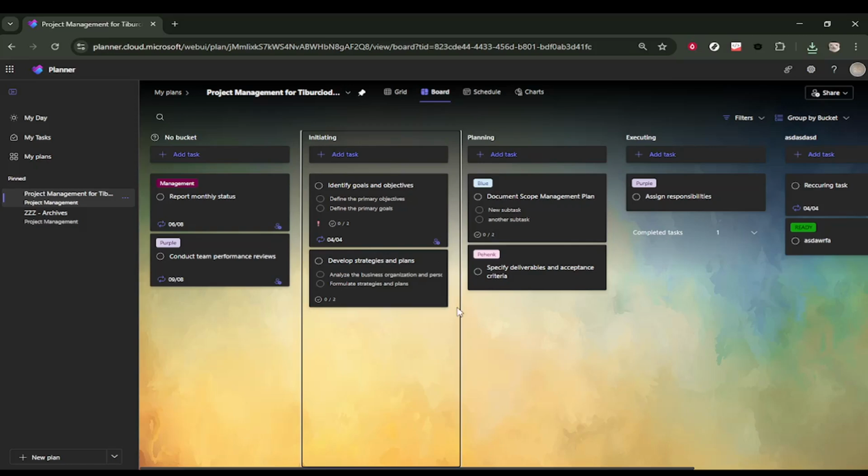In today's video, I'm going to teach you how to duplicate a Microsoft Planner plan. Duplicating a plan in Microsoft Planner is a great way to reuse the same structure, buckets, and task setup for a new project, without rebuilding everything from scratch. Before you start, make sure you are signed in to Microsoft Planner, and you can access the plan you want